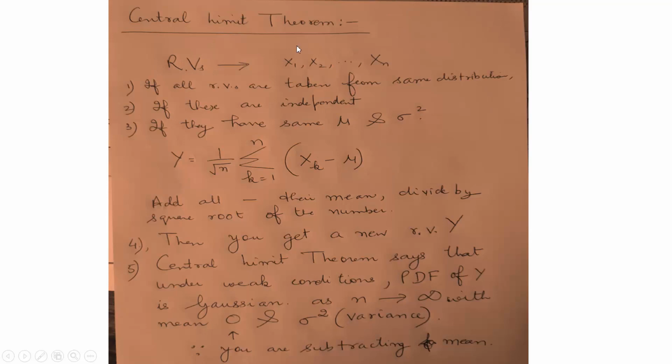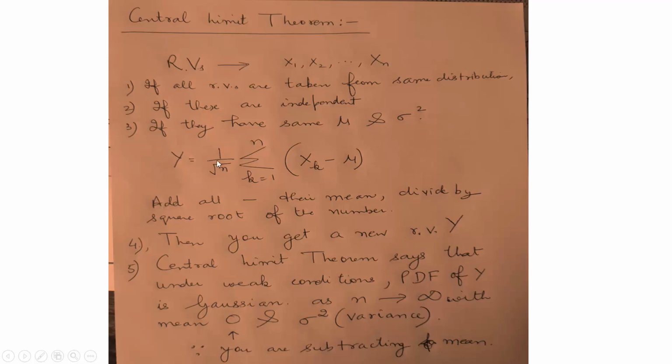Now, the central limit theorem says that if you have many random variables, which I am expressing as x1, x2 up to xn, so there are n random variables, and if all of them are taken from the same distribution, meaning they have the same probability distribution, if these random variables are independent, and if they have the same mean and variance, then